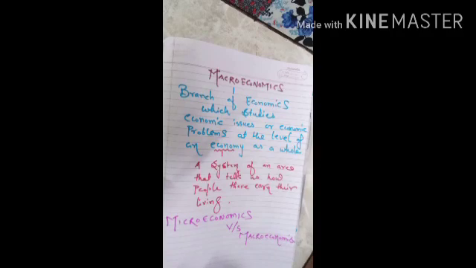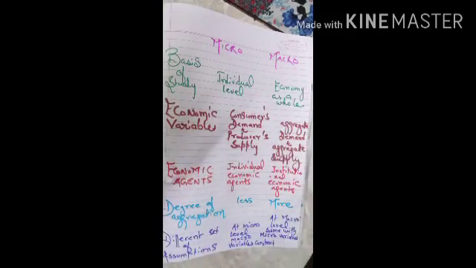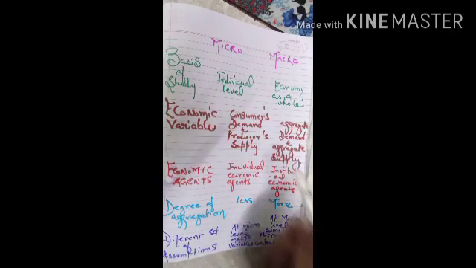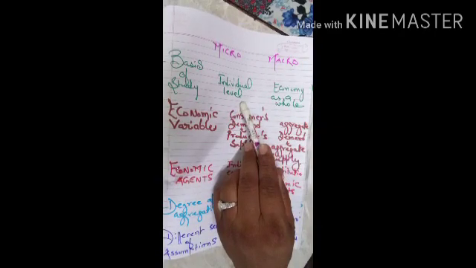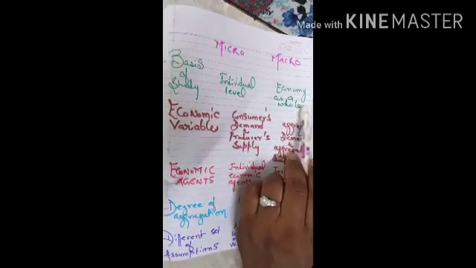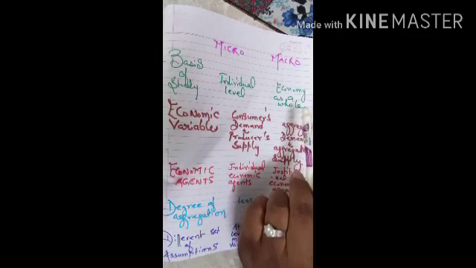अब हम देखते हैं दोनों के बीच का डिफरेंस, यानी माइक्रो इकोनॉमिक्स और मैक्रो इकोनॉमिक्स में क्या डिफरेंस आता है, और हाउ डू मैक्रो इकोनॉमिक्स डिफर फ्रॉम माइक्रो इकोनॉमिक्स। So first difference we go for is basis of study. So microeconomics we say that studying economic problems at the individual level is microeconomics. So microeconomics deals with the individual level, and macroeconomics studies the economic problem at an economy as a whole.